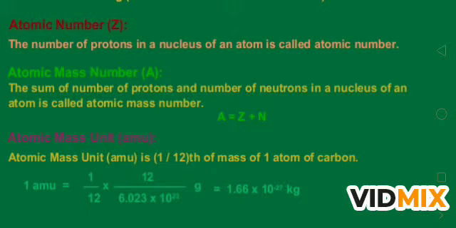So 1 AMU is equal to 1/12 into 12 upon 6.023 into 10 to the power 23. Everyone knows that this is the Avogadro number, 6.023 into 10 to the power 23. While solving, you will get the value of 1 AMU. It is 1.66 into 10 to the power minus 27 kilogram. This is the value of one atomic mass unit. It is given on page number 439 of your NCERT, equation number 13.1 in your book, the value is given as 1.660539 into 10 to the power minus 27 kilogram, and it is equal to 1 unit.